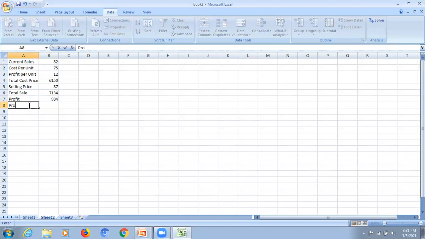What is the profit percentage? The profit percentage is profit divided by cost price multiplied by 100. So 16% is the profit.